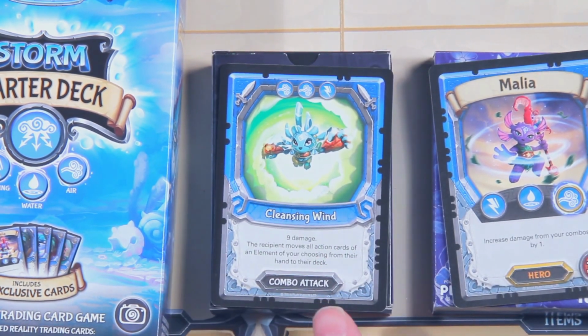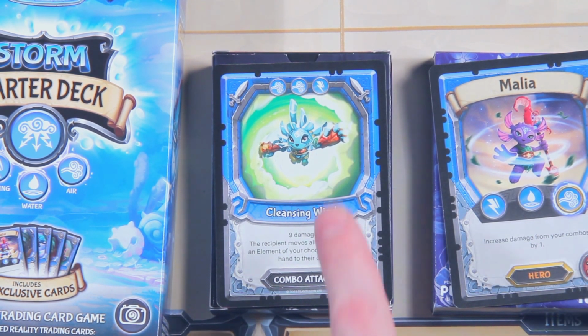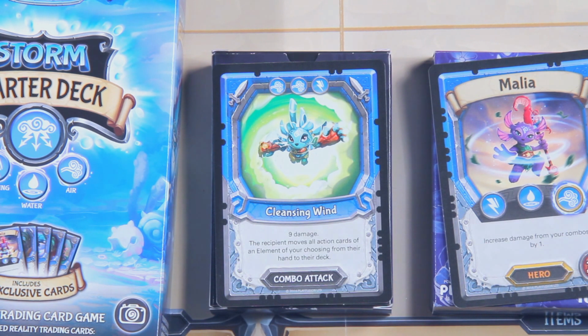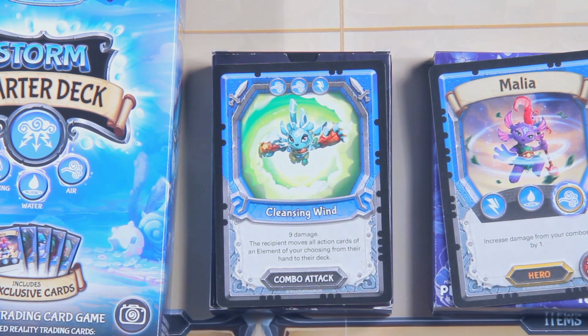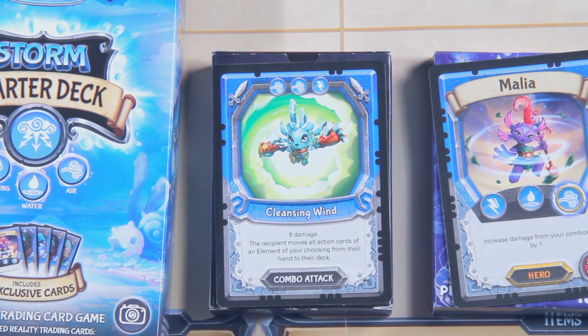9 damage. The recipient moves all action cards of an element of your choosing from their hand to the deck. Sorry if I sound a bit off. I'm a little bit sick. 2 wind, 1 lightning. This one requires a little bit of guesswork on your part. 9 damage is okay. Well, it's not very good for 3. It's interesting if you're looking for buff and hand control, and there actually is a buff denial strategy that